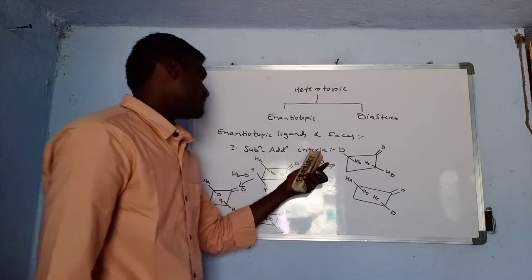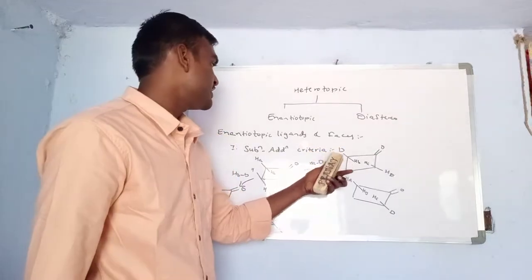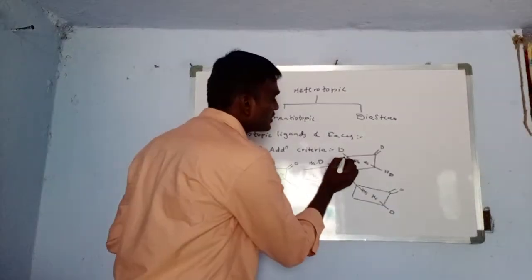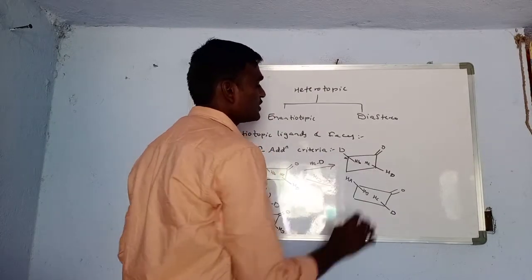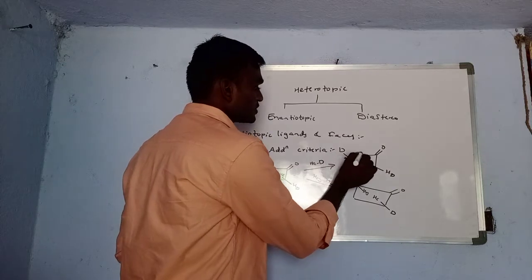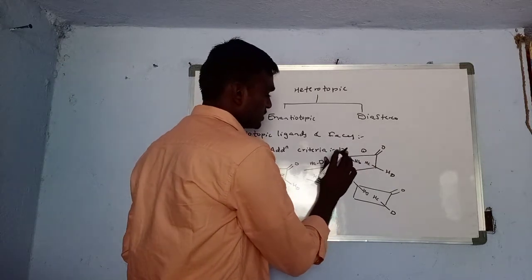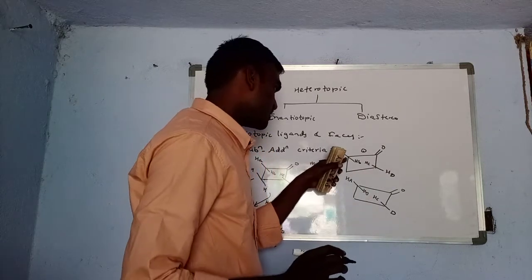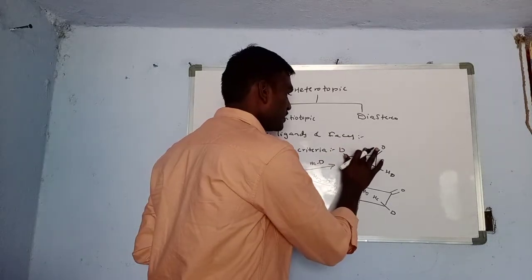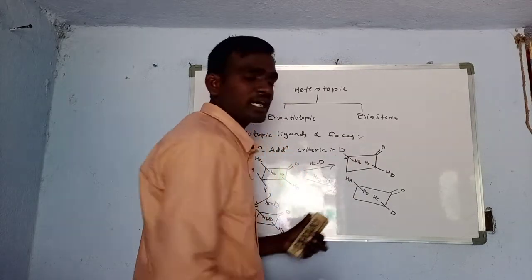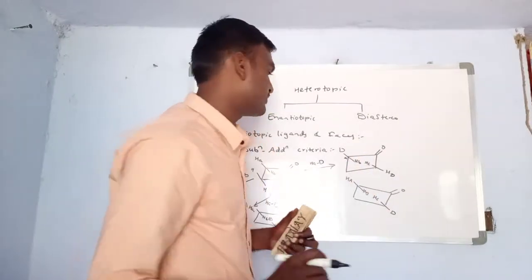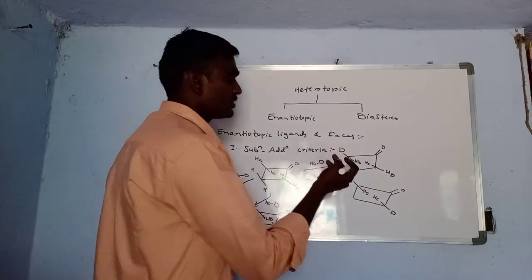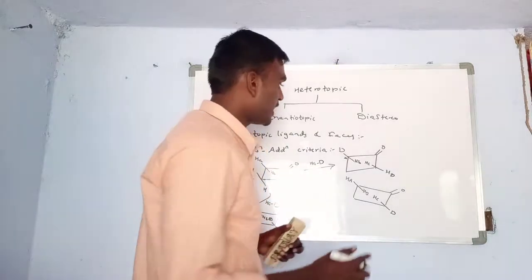Okay. If we are replacing HA with deuterium, then it will produce a chiral center. This carbon will have 4 different groups. This first group, second group, and see here the carbon which contains 4 different groups. Now it will produce the chiral center. For a chiral center we have the R and S configurations. Shall we give the priorities according to CIP rules?